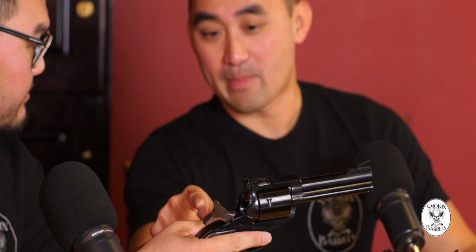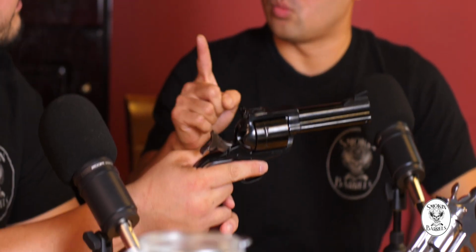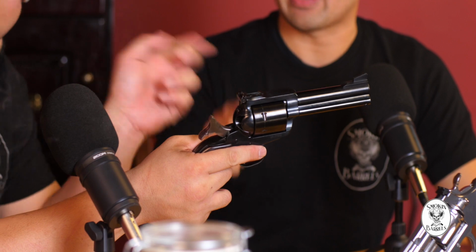So this is referred to as a single action trigger, meaning that just pulling on the trigger won't actually actuate the hammer. It won't move the hammer. So for these types of firearms, you actually have to manually pull the hammer back. And you saw that trigger move. Let me do it again, just in case. When you pull that hammer back, you'll see that the trigger will engage. So the single action is referring to the dropping of the hammer. The trigger only has to do one thing, and that's release and drop the hammer so it hits the